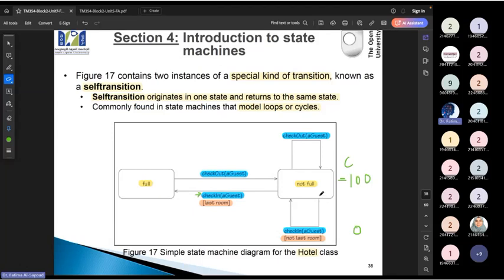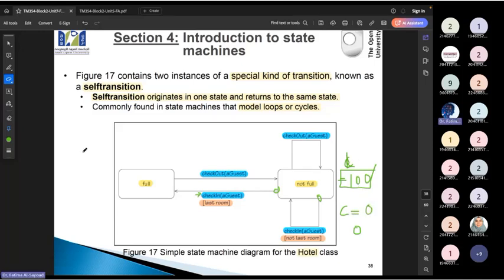I have 2 statuses coming from not full. When this one is check in, I have 2 guards. Is it the last room or is it not the last room? How do I know if it's the last room? When the number, this is the limit. Let's say this is a limit. This is the limit of rooms that can be booked in the hotel. The current number of booked rooms is 0.